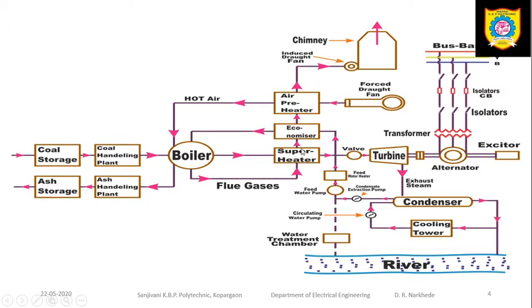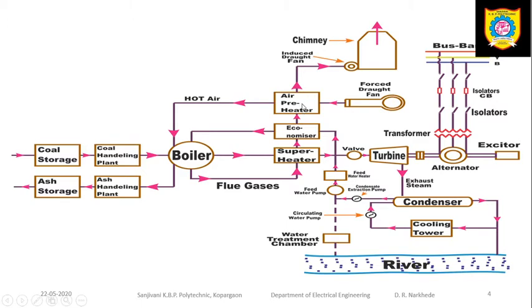Now when these gases pass through the superheater, they increase the temperature of the steam up to 500 to 550 degrees centigrade. After that, they pass through the economizer. In the economizer, the feed water which we collect from a river or lake is given to the boiler. The temperature of this water at the inlet is 30 to 35 degrees centigrade, and at the outlet we increase the temperature with the gases to 40 to 45 degrees centigrade, so that the overall thermal efficiency increases and the coal required for converting the water into steam decreases.